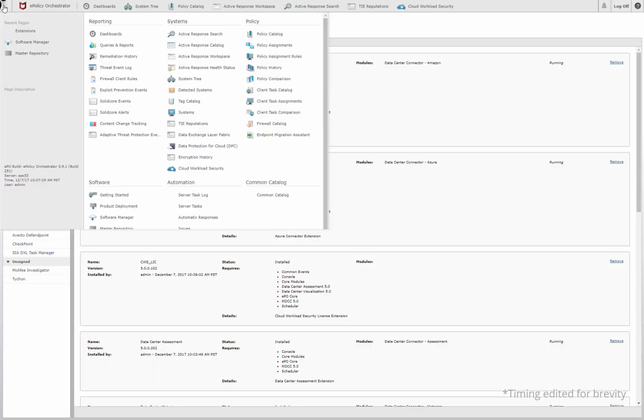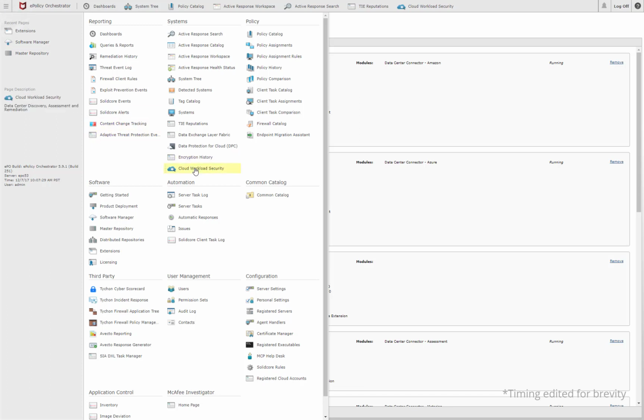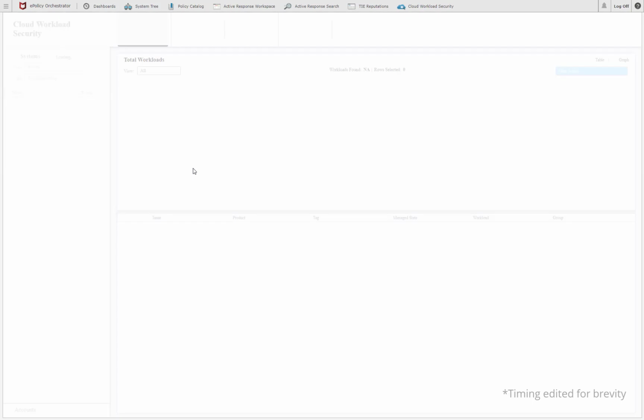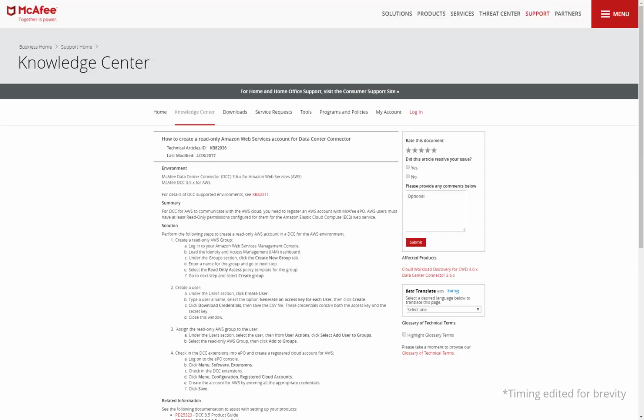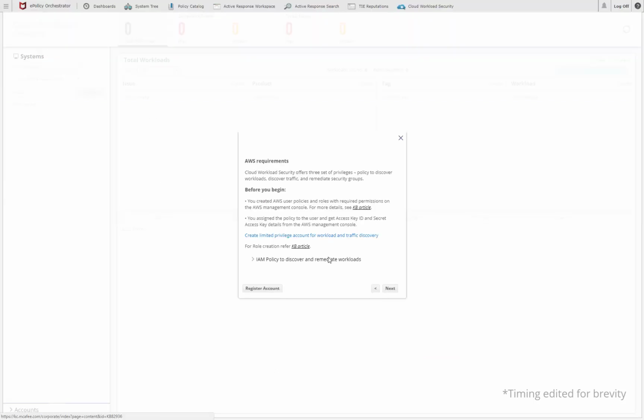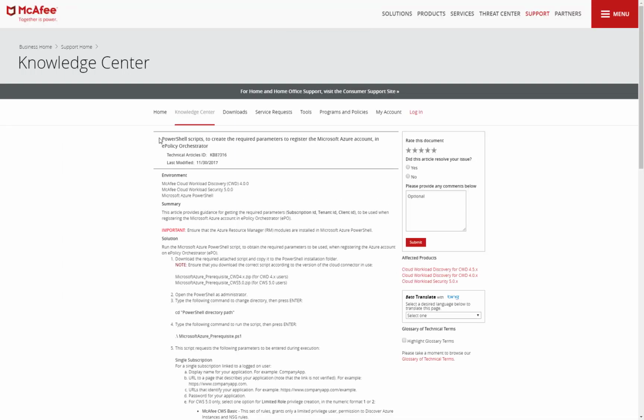You are now ready to start creating accounts for accessing your public and private cloud service provider accounts. Navigate to the Cloud Workload Security user interface using the EPO menu. Since this is the first time you are accessing the user interface, there is a help wizard to guide you through the account creation process. Along with each account type, there are knowledge base articles that will assist you in setting up the user's roles